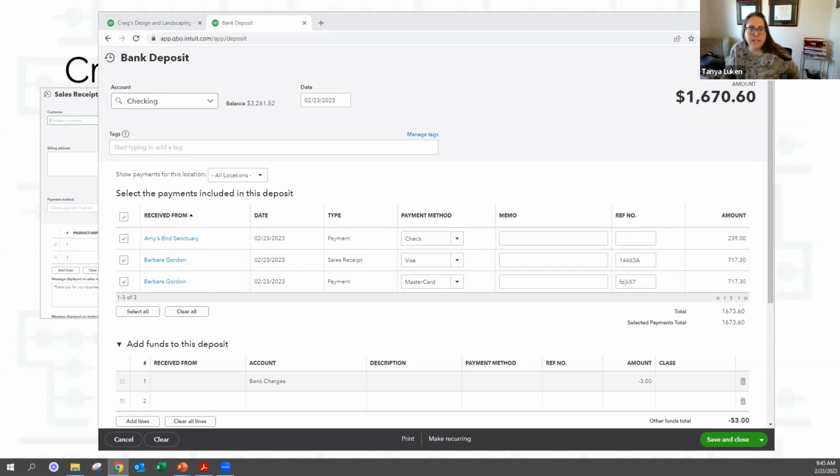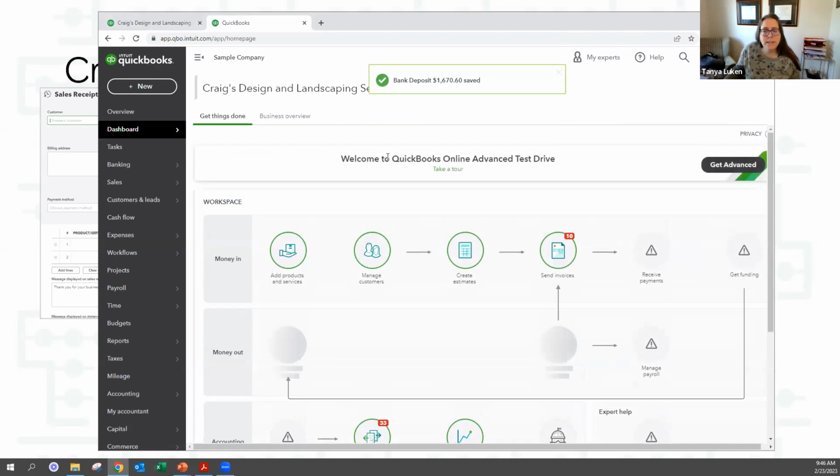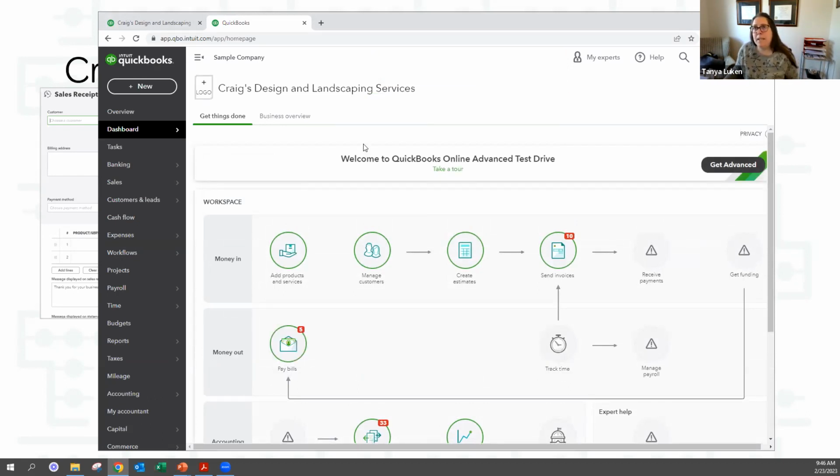So Tanya asked if all these steps are necessary if you have your bank account linked to QuickBooks. So Tanya, the reason that you would do invoices and sales receipts, you would do invoices if you needed to track who owed you money. Because like me, for example, we send out invoices at the start of the month for the prior month's work, and then I need to know who's paid me and who hasn't.